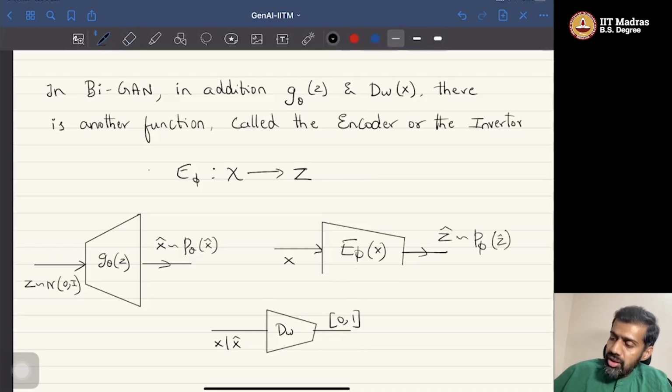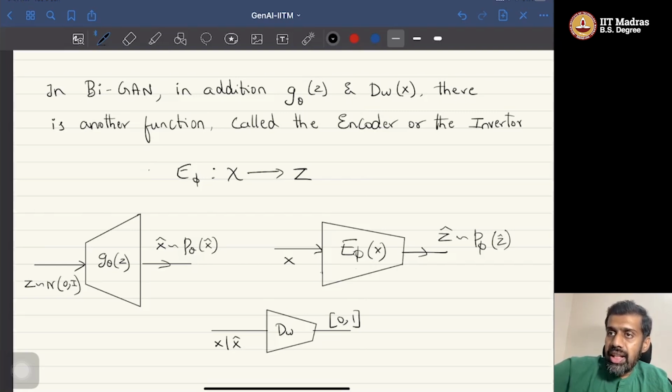Now the question that is to be asked now is, how do we ensure that this encoder network gives the z that corresponds to a given x? Right? So there is no mechanism in a naive GAN training that would ensure that this encoder network would give you the Z or the input vector corresponding to this given particular X. So how do we ensure that? So in the BiGAN